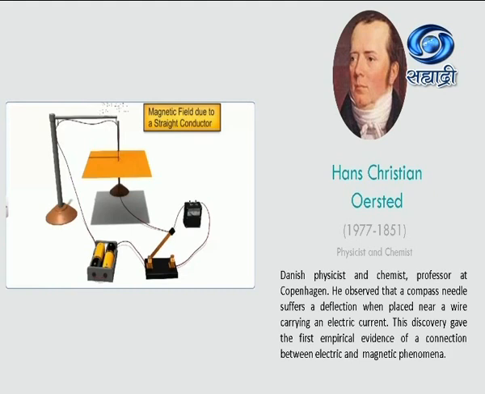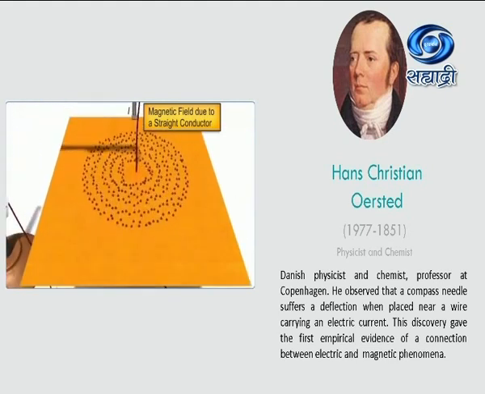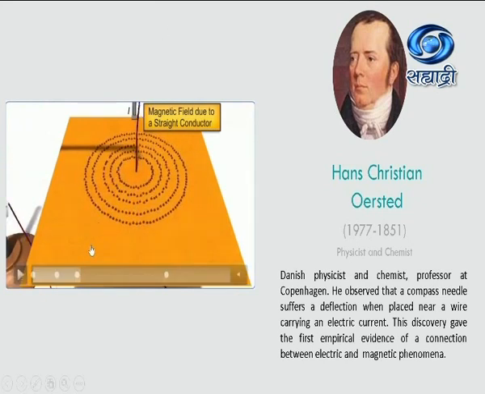And this was actually done by Hans Christian Ørsted. Here, when iron filings are poured, they are randomly distributed. As soon as current flows through the wire, see what happens. All the iron filings have arranged themselves in a unique concentric circular way, with the current carrying wire at its center. The arrangement gives us an idea of magnetic field. Remember, iron filings are attracted by magnets. We have seen that. Here, they are being influenced and affected in their position.